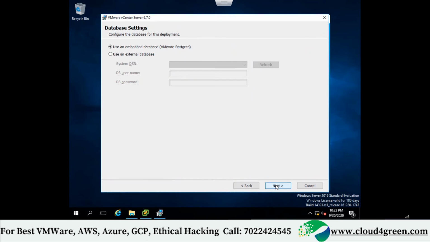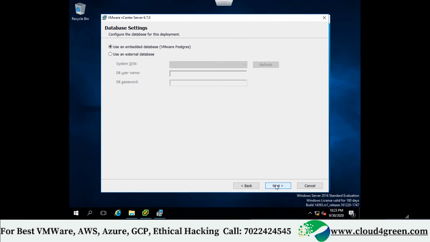Database settings. I told you some time back, Postgres is available in 6.7. You remember? Yeah. You need not point to Oracle and MS SQL. Actually, in Windows, you're supposed to point to either MS SQL or Oracle. In 6.7, the Postgres Windows version is available.